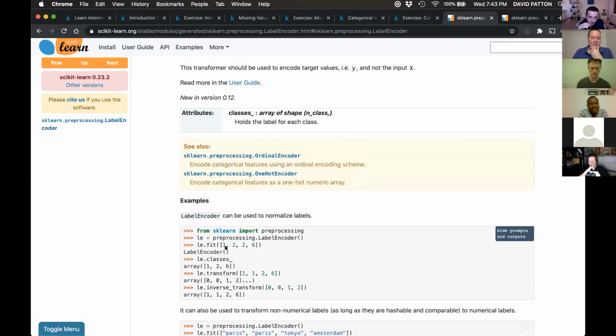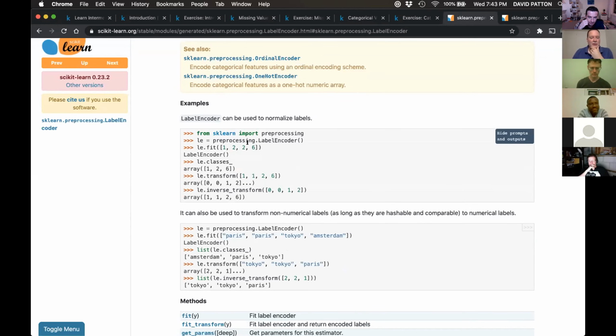And here they give an example of it fitting some numbers, because the labels in your data set, in terms of a classification problem, might be not just 1, 2, 3, 4. They may have strange numbers, like there's a lot of different codings that you might be trying to predict.